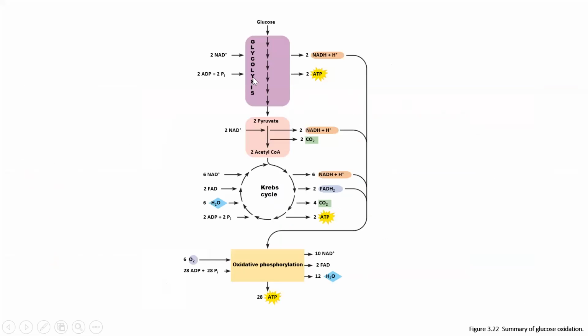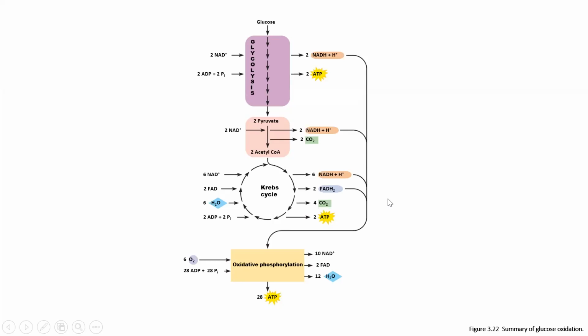Now, if we look more holistically at the entire process, we can make sense of the shuttling of electrons happening here, of how many carriers we're making at each step. So this is a really good summary table to make sure that you have this in your mind in terms of what processes make what products, and how many, and so on. So this is a great place to try to recreate this drawing